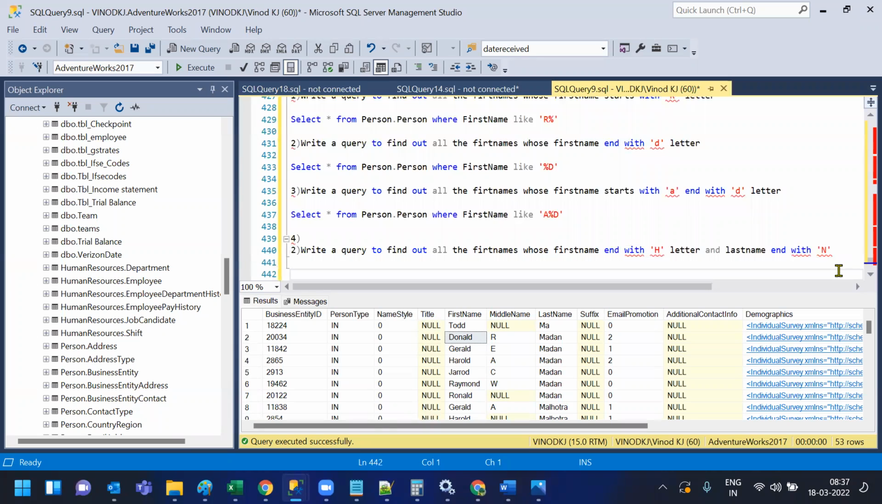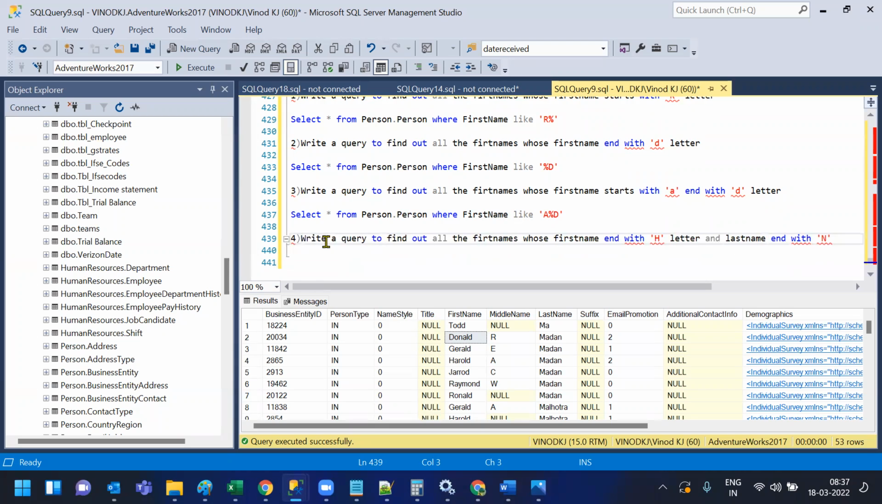Bhaskar, can you tell me the answer for this? Anna, the question you should change. First name should start with H, and the last name ends with N. Tell me, Bhaskar. Okay, find out all the first names whose first letter starts with H and last name. Select like